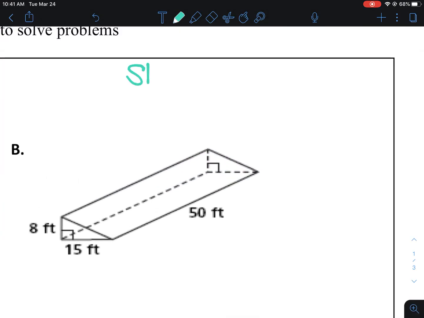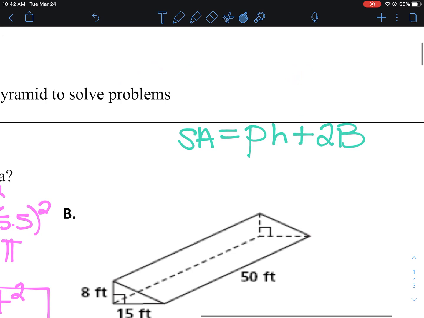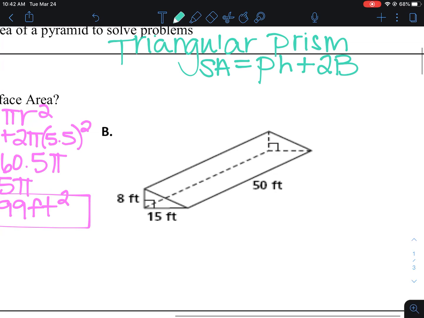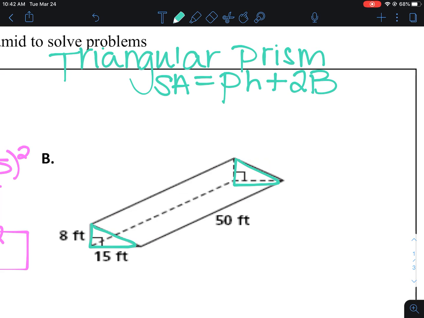This one, so remember, surface area of a prism would be the lateral area part, right? Perimeter of the base times the height of the prism plus 2 times the area of the base. So the base here, and I didn't write this, let's write this first. This is a triangular prism. You know that because the two bases that are across from each other are both triangles, here and here, right? Because the bases are triangles, that would be called a triangular prism. Okay, so